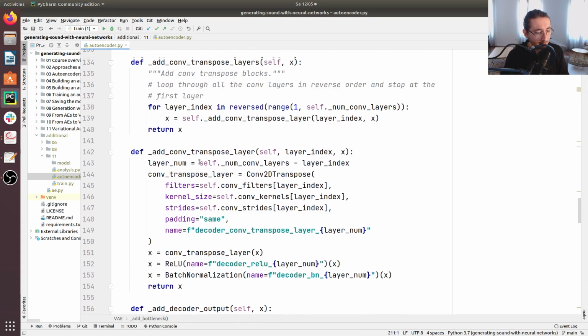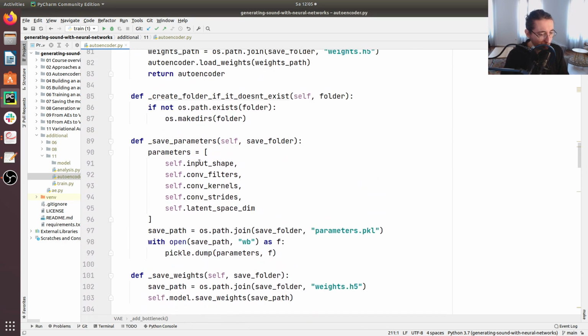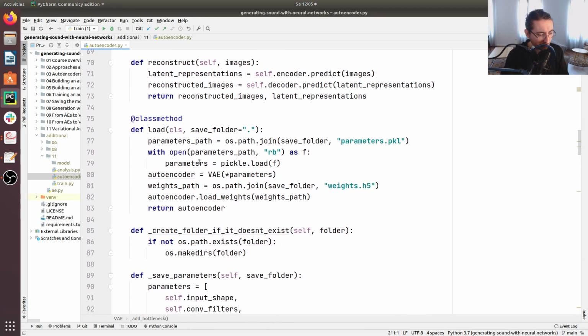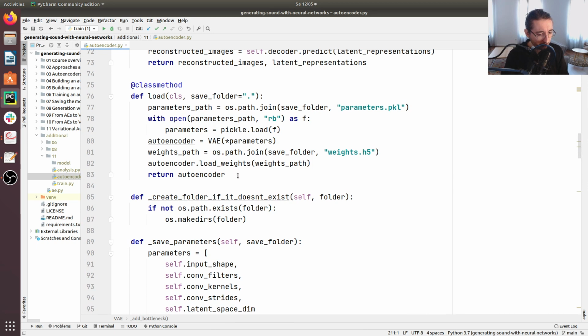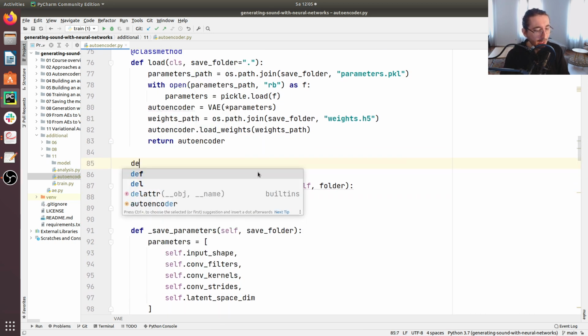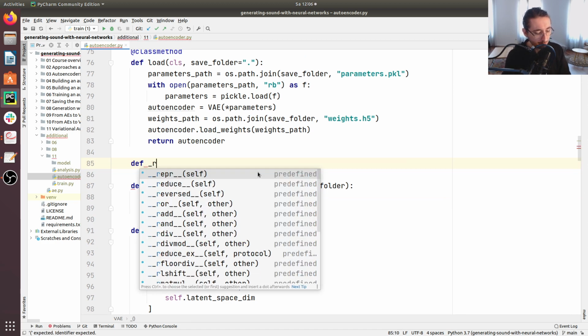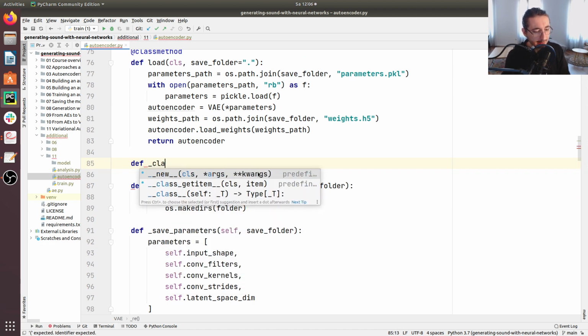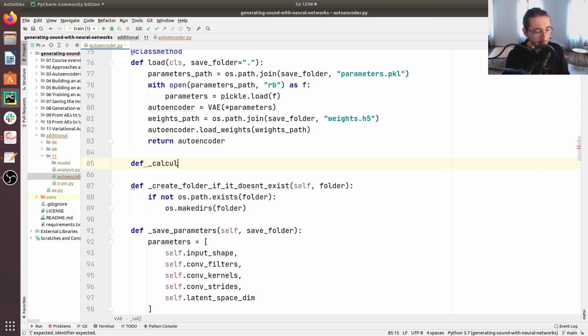Okay, so now where should we do all of those things? Well, I suggest we do it here just below this class method where we start having private methods down here. Okay, so the first thing we said we want to have, let's call it calculate